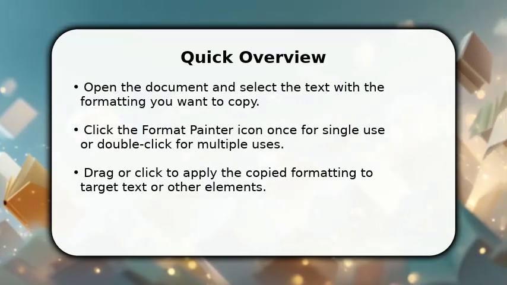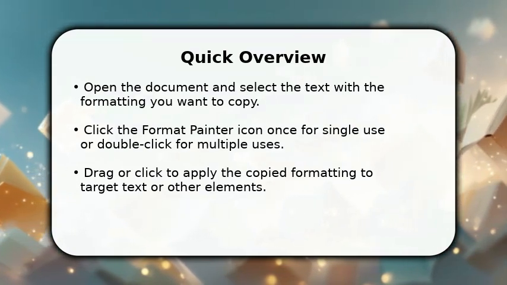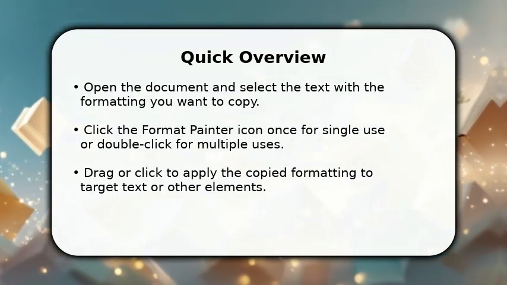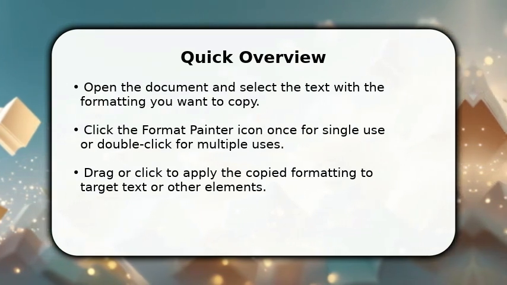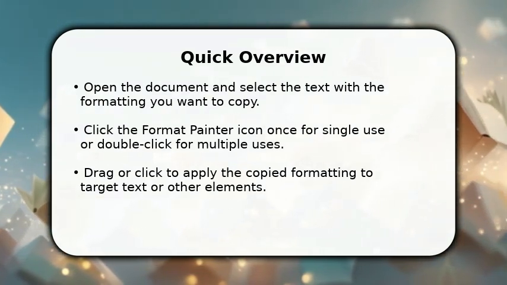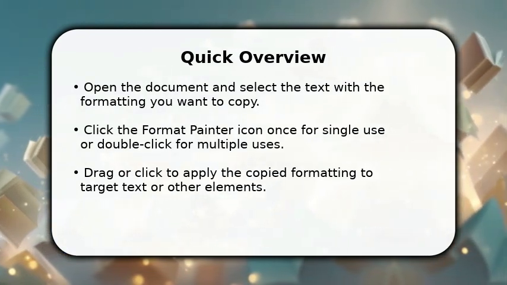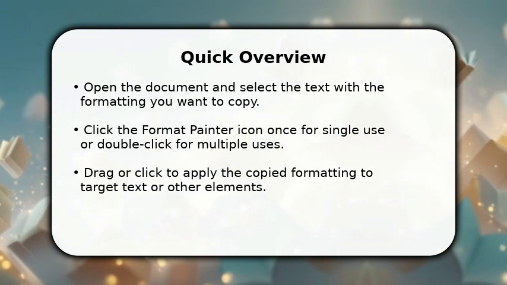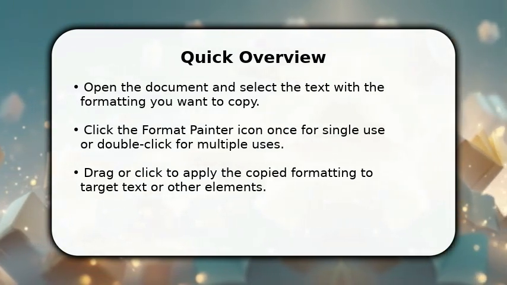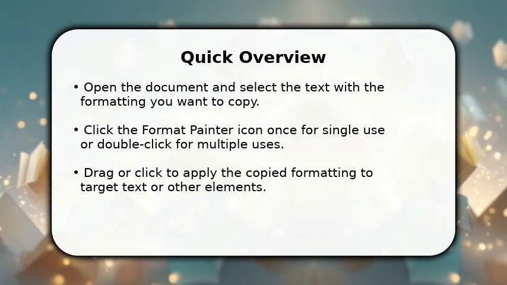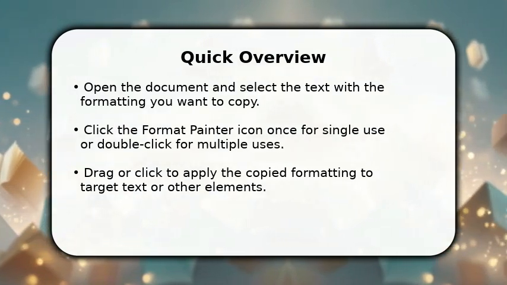In this video, I will explain how to use Format Painter in Word on a laptop, the easy way. Now select the source text with the exact formatting you want. Then click the Format Painter icon once for a single use or double-click for repeated applications. And finally click or drag over the target text to apply formatting instantly and consistently across your document without manually